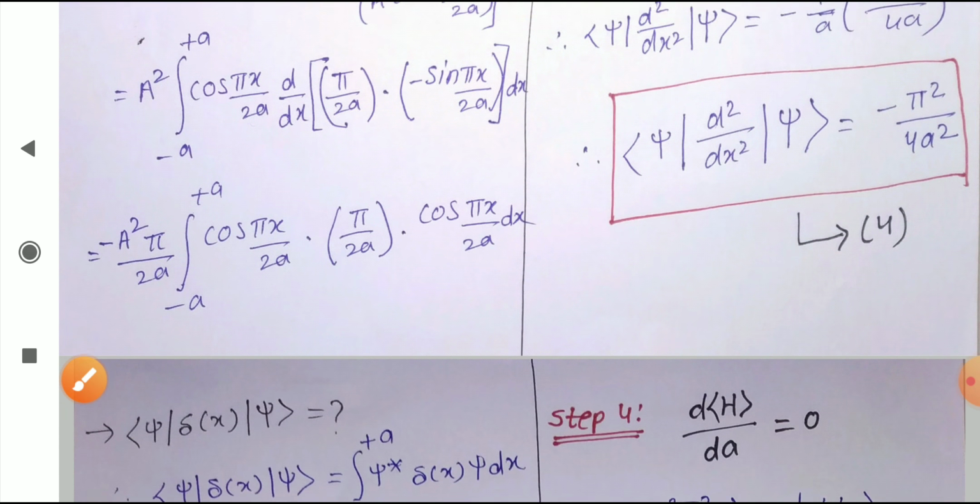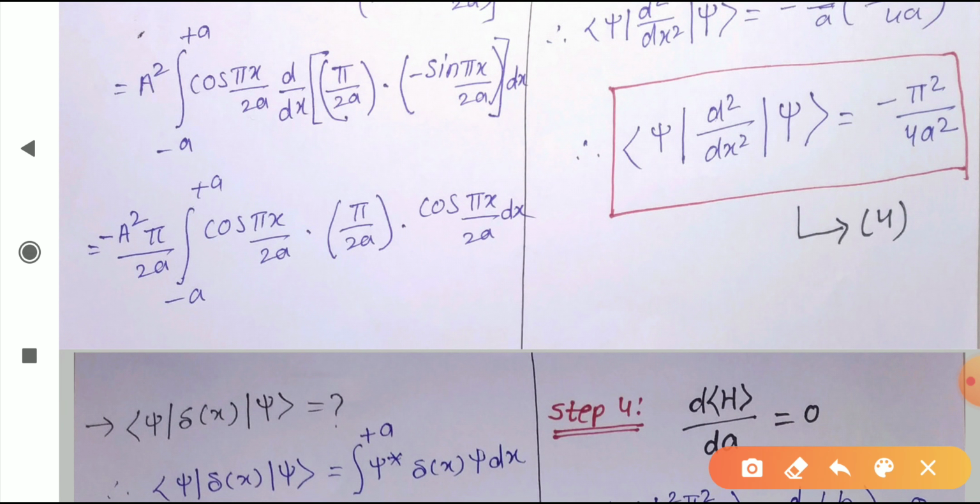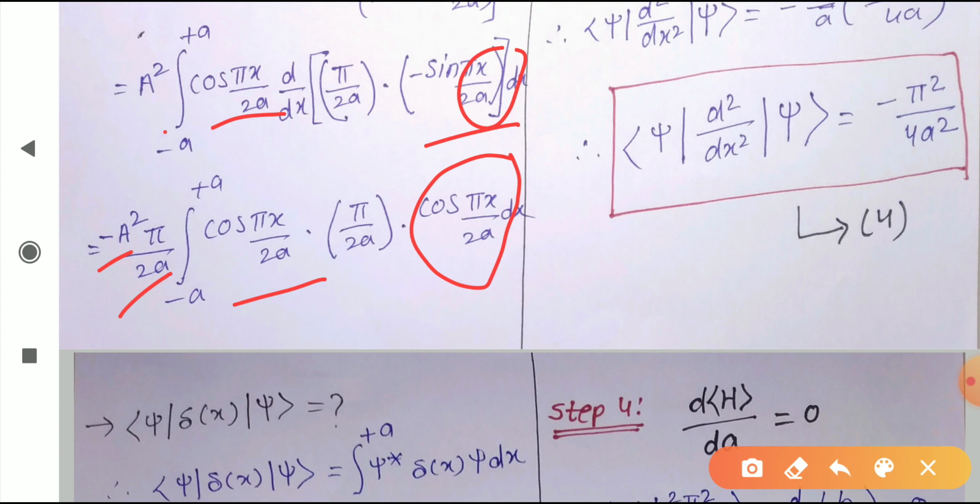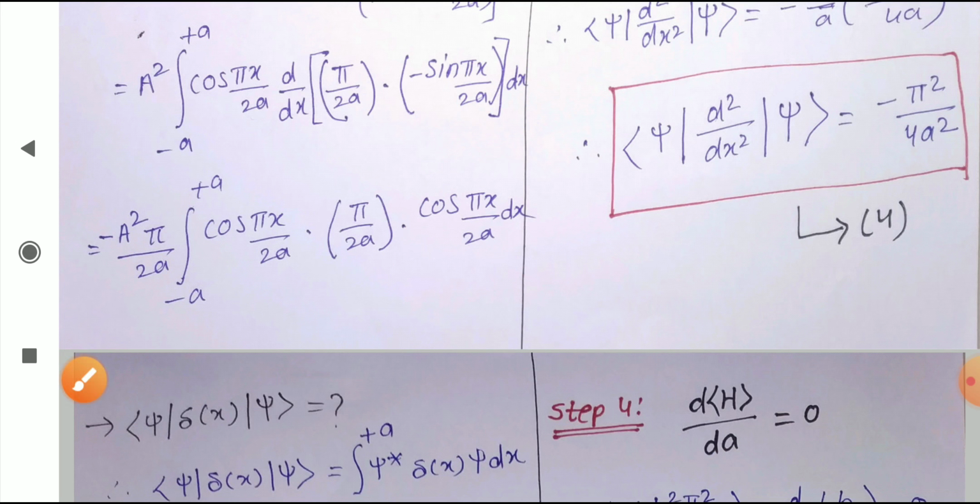Now we have to do the derivative again to get the answer. Okay. So this pi by 2a I can take outside as it is. Here I have taken it, and a square as it is, minus also I have taken outside. And this cos pi x by 2a I have taken as it is here. Then if we do the derivative of this, consider this as x, so what is the derivative of sin x? It is cos x only, plus cos x. So we'll get this term. Okay, and outside we will get pi by 2a. If we do the derivative of this term, we will get this. Clear? Now you know how to find the derivative, so I'm not going to explain the derivative in detail. Okay.